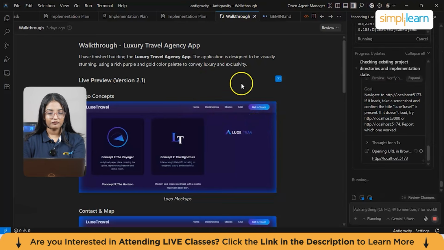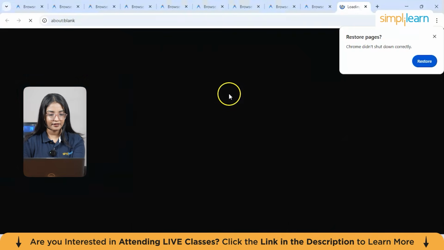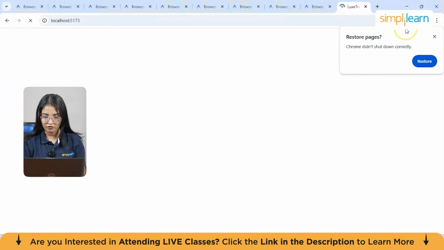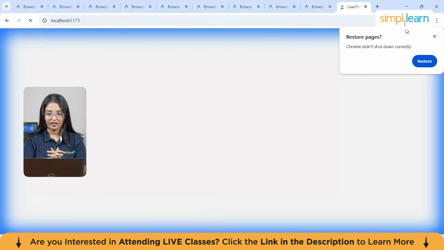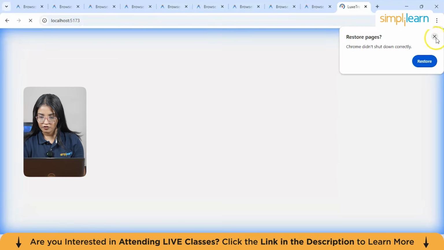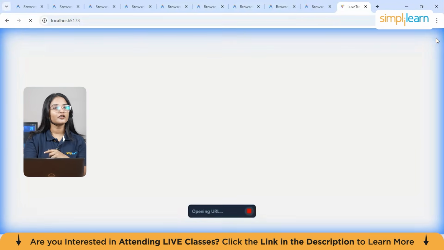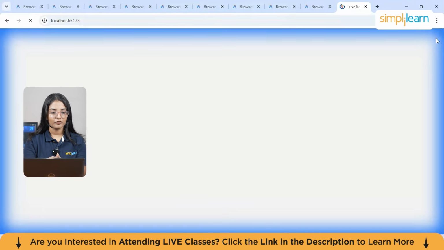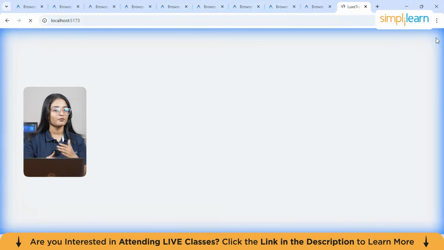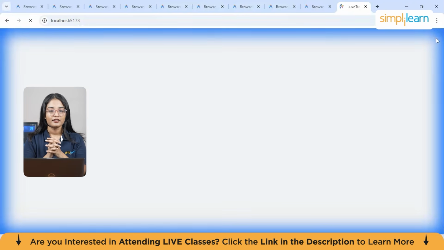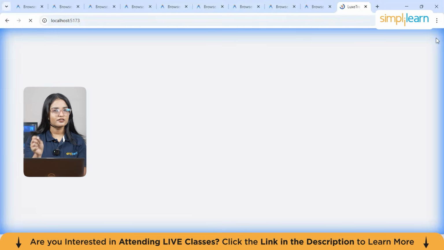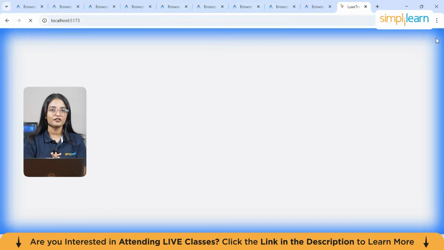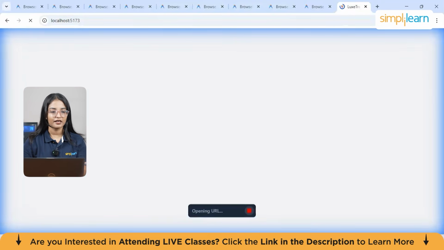This is the live preview of the website it has created. It's automatically starting the browser mode, and it's getting our server ready now. So we'll just remove this. I had clicked on the agent mode, and now you can see I'm not even doing anything, and automatically it is opening the website for me. There was no execute button there, but the agent itself starts your website on the localhost.